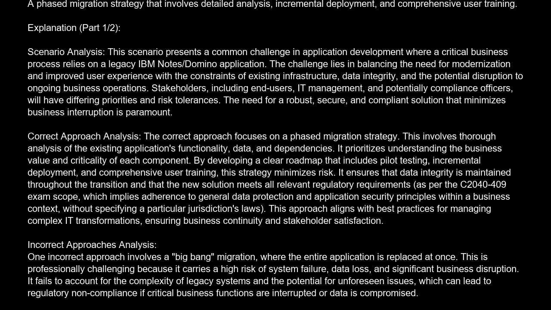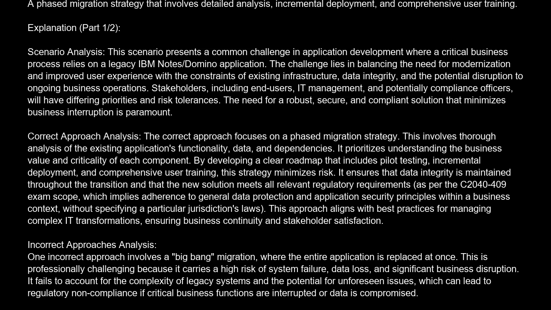The correct answer is B. A phased migration strategy that involves detailed analysis, incremental deployment, and comprehensive user training. Explanation. Scenario analysis. This scenario presents a common challenge in application development where a critical business process relies on a